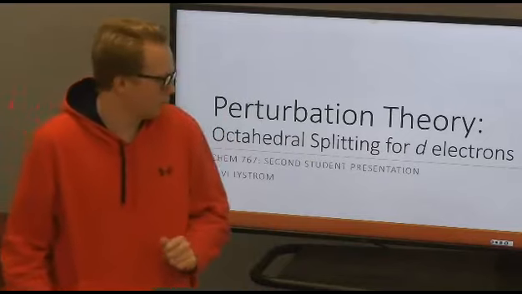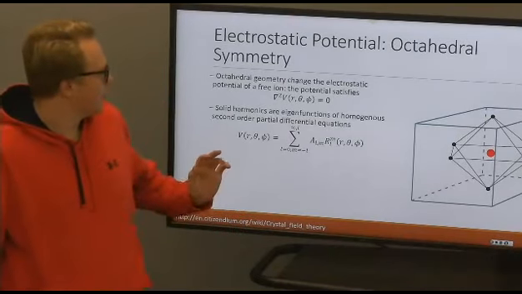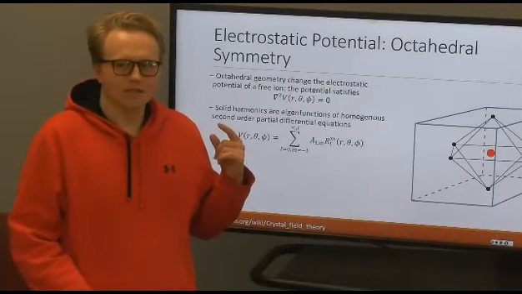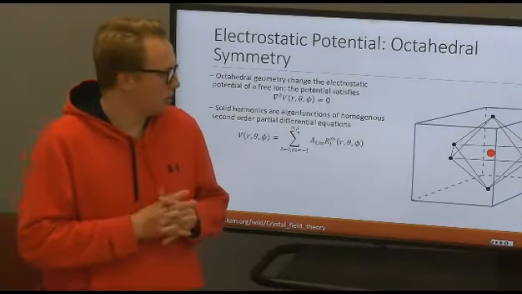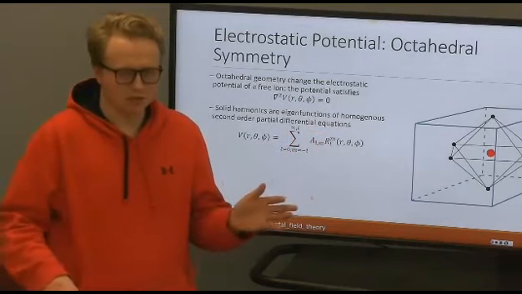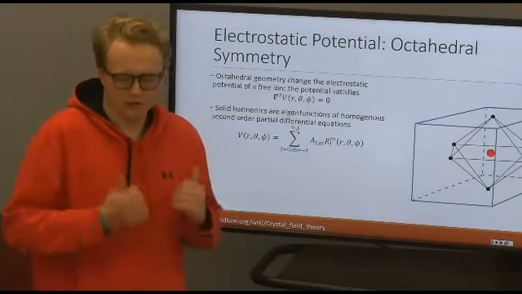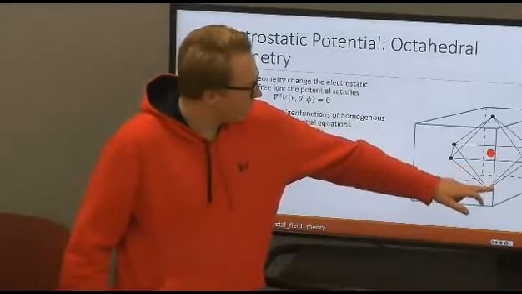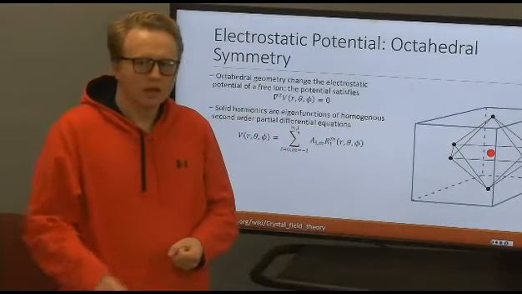So I'm going to talk about perturbation theory for octahedral splitting and d electrons. First, what we assume with perturbation theory is we've already solved the Schrodinger equation, but d orbitals are degenerate, and this is a problem. So what we want to do is only solve the portion for the d orbitals and leave everything else the same, because realistically the lower orbitals and higher orbitals only affect higher excitations, not the band gap. So we say we have an ion, and then we have 6 points where ligands can come in and bind, and this